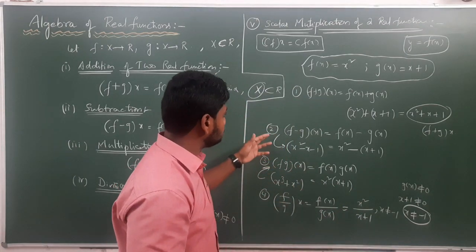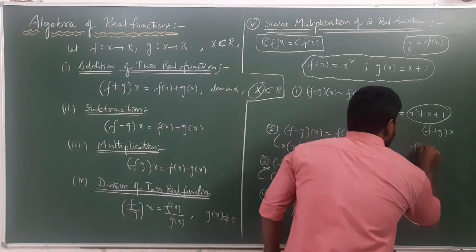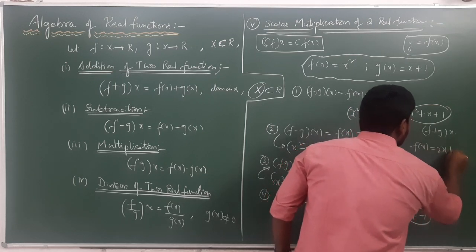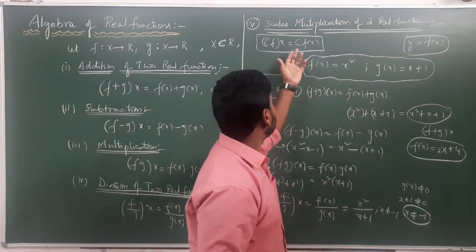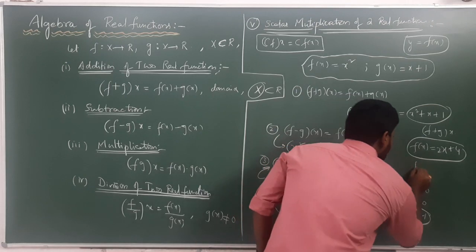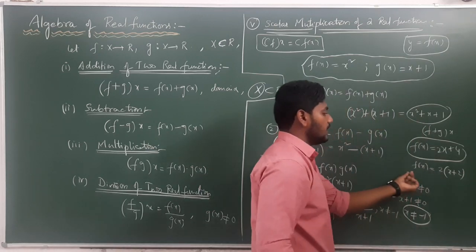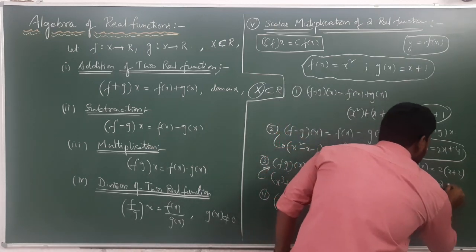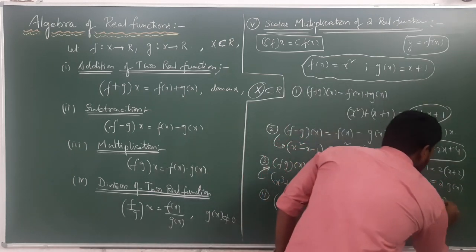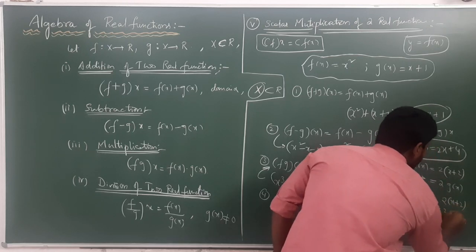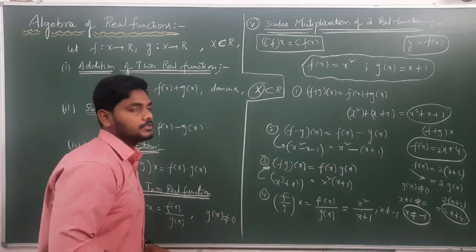So this is about these four. Next, when we come to scalar multiplication of real functions, how can we do it? For example, consider f of x equal to 2x plus 4. How can we use scalar multiplication? See, if you take 2 common, it will be x plus 2. So this f of x we can also write as 2 into some g of x. Both are the same. If it is 2 into x plus 2, we can also write 2x plus 4. Such small simple calculations we will use in the problems of functions.